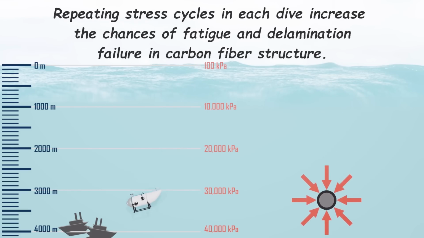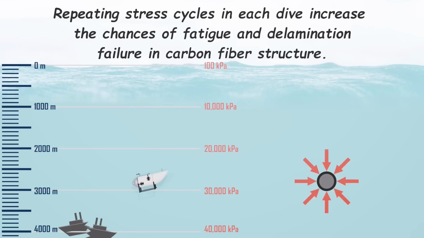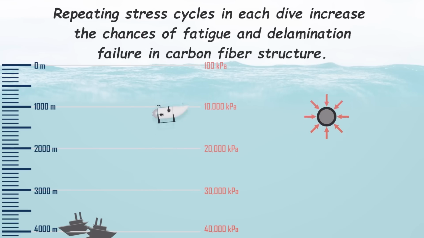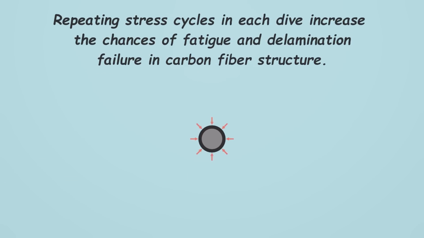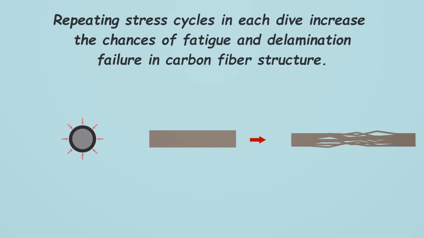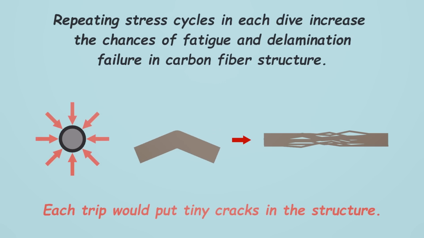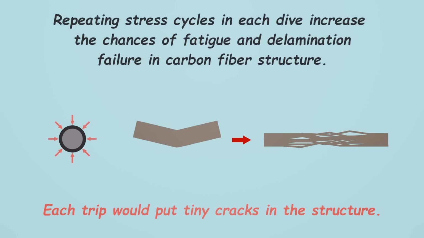Elongating the cabin space without any internal support increased the pressure loads on the midsections of the submersible, leading to increased fatigue and delamination loads. Increasing and decreasing pressure on a carbon fiber material repeatedly is like bending a wire back and forth many times. Carbon fiber layers begin to crack or fracture into layers, causing the hull to weaken. Each trip would put tiny cracks in the structure. This might be small and undetectable to start, but would soon become critical and produce rapid and uncontrollable growth.